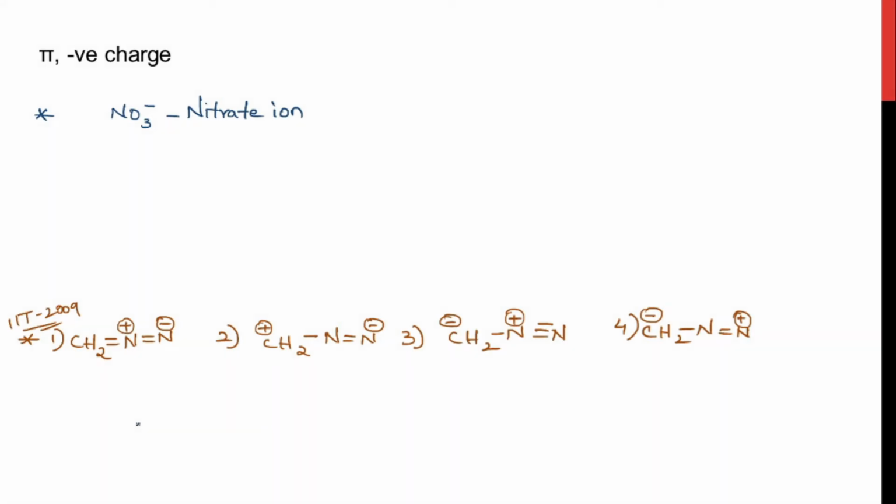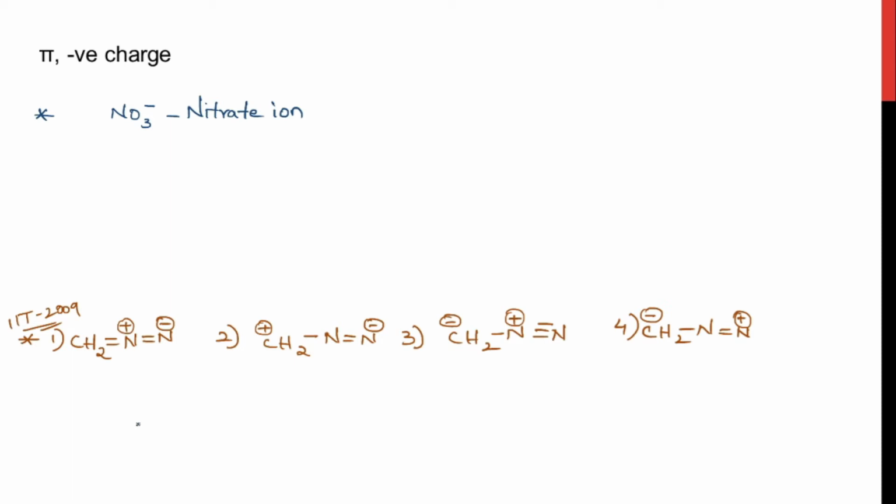Fine, from the last two videos, we are learning the resonance. In the previous video, we have learned how to write the order of stability for resonating structures. We have also seen the stability of resonating structures for a few examples. In this particular video, we are going to learn how to write the resonating structures for the other three categories, that is pi and negative charge in conjugation, pi and lone pair in conjugation, and pi and free radical in conjugation. Yes, we are going to see the examples and also solve previous year questions, right?